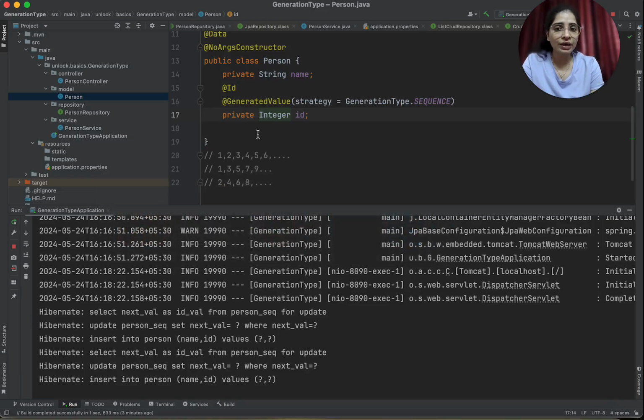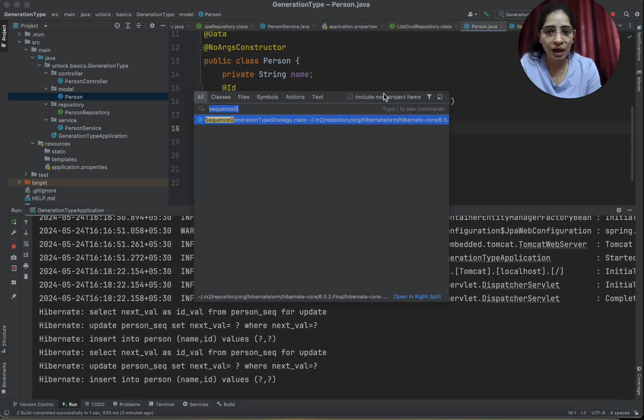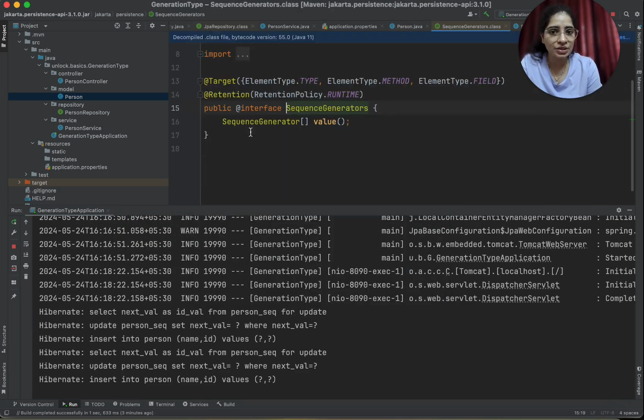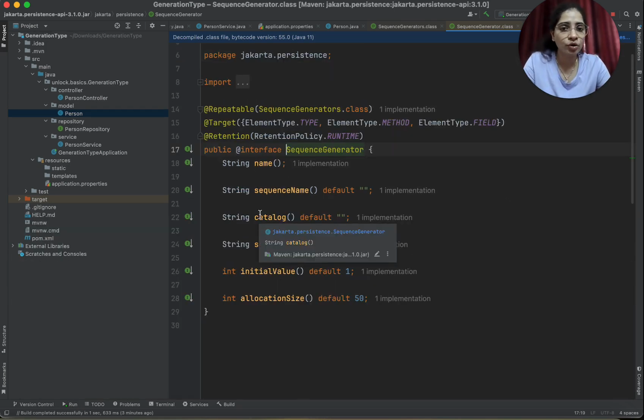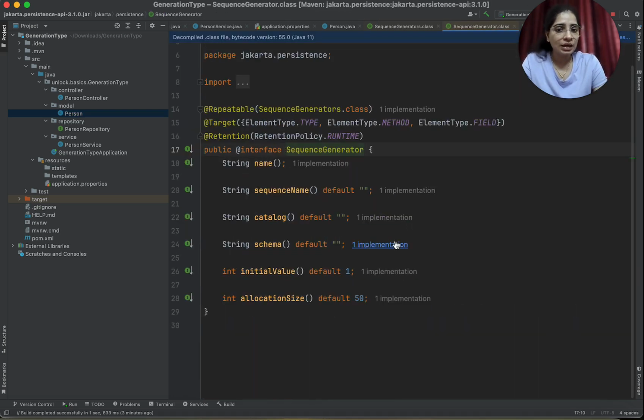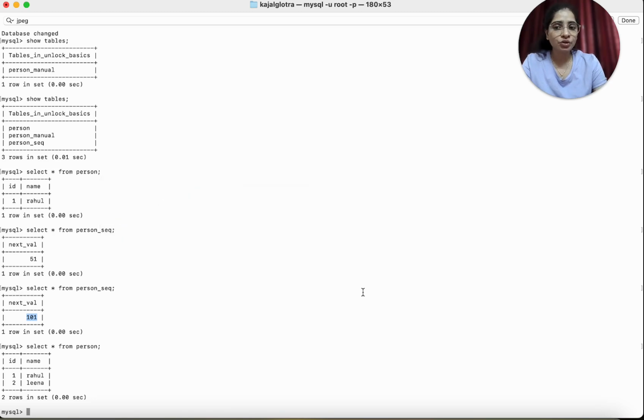For that, you can see there is one class present by the name sequence generator, and this is the annotation, sequence generator, which is internally being used whenever the sequences are getting generated. You can see that the initial value is 1 and its allocation size is 50. So for 1, the allocation size will be 50, and for 2, the allocation size will go from 51 to 101. Similarly for every number the allocation size will be 50, and because the default size is 50, whatever next value is coming, it is coming by addition of 50 to it.